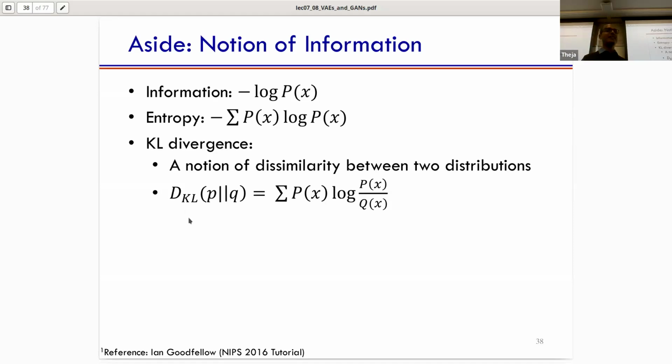So this is the notion of dissimilarity between distributions, but before that, this is just a very, very short bunch of definitions that are part of a field called information theory. I don't know if anybody has heard of information theory. Any electrical engineers here by training or undergrad? No? Information theory is a part of electrical engineering, also applied math, but